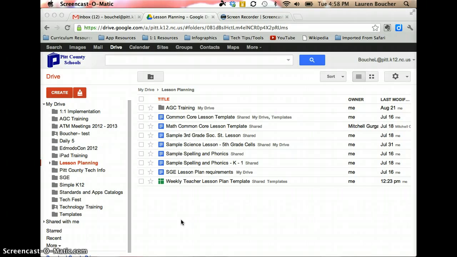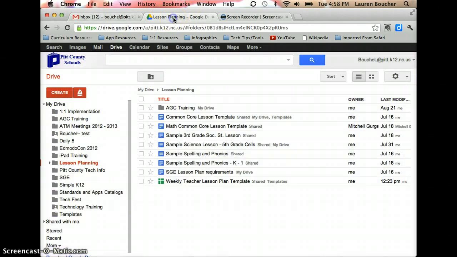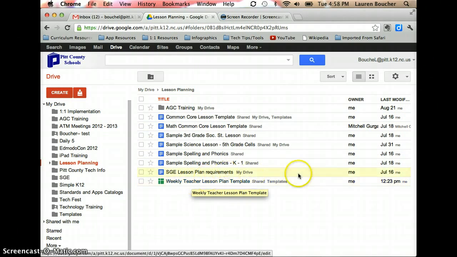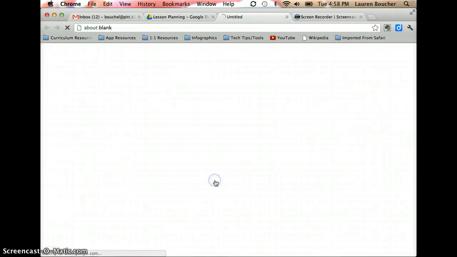So the first place that you need to go is to your Google Docs. You can get there through your email by clicking Docs up at the top. Mine's actually changed to Drive. We'll talk about that later. But click on Docs, and then you should come to your home screen, and weekly teacher lesson plan should be up there. It should say owner Lauren Boucher, and the last time that I modified it was actually this afternoon around 12:30. So if you just click on that,